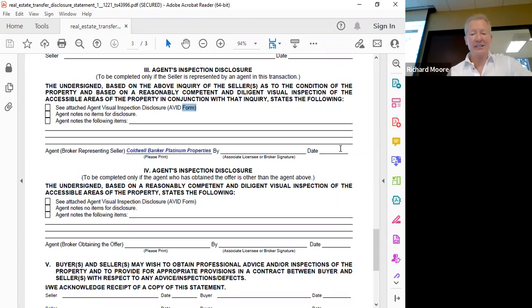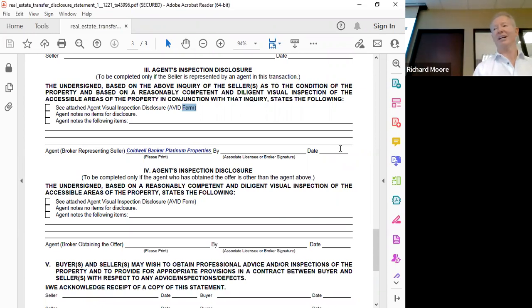And then your obligation, no matter if the property is exempt or the seller is exempt from providing a TDS, what is your obligation as to inspection of the property? Anybody? Are you required to inspect the property? Yes. No. Okay. The answer is yes, you're required to inspect the property, regardless. If there's a residential unit of 1 to 4 units, you're required to inspect the property.